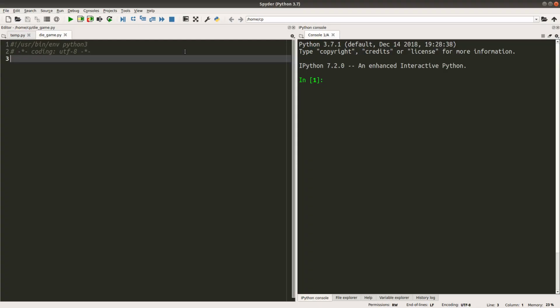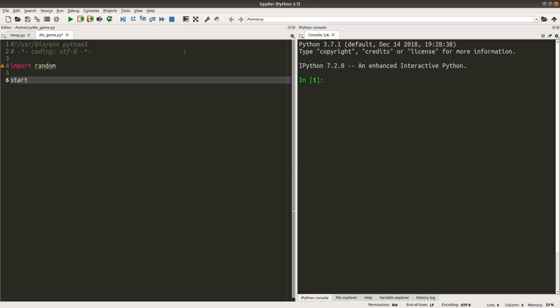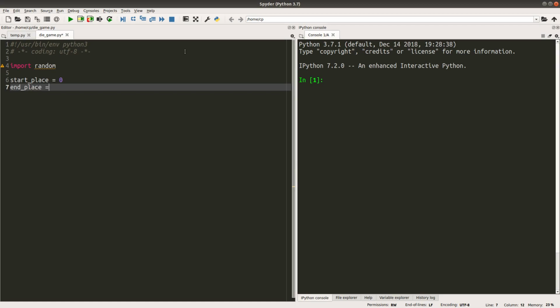Okay, let us see the implementation. Since we want to obtain the result from a die, we have to rely on the random module of Python. So we have to import it first. And before we do the design of the game, we have to set up some variables. The start position is 0. The ending position is 40.